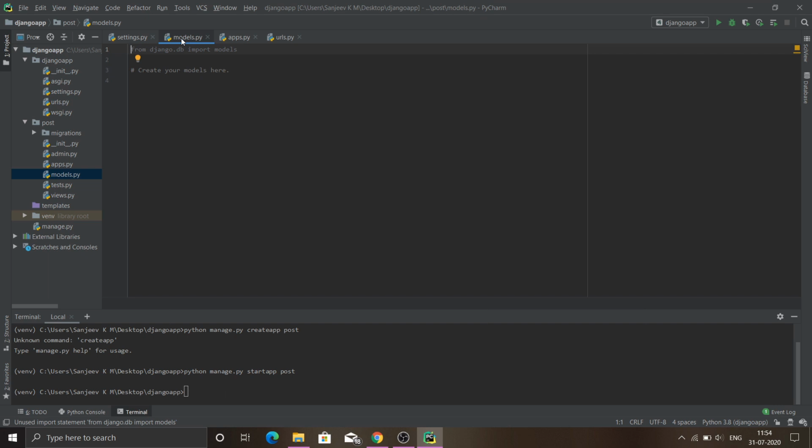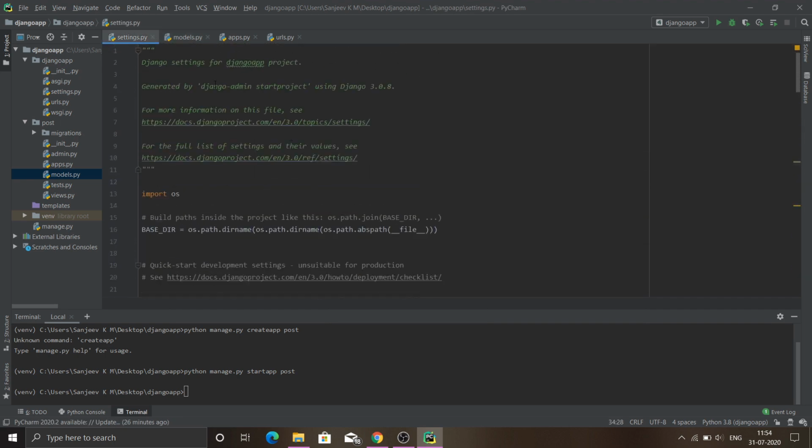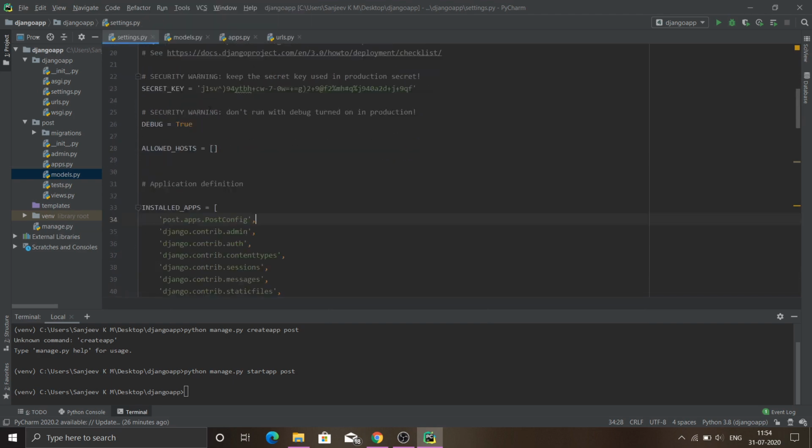But based on the database, our Python code is not going to change. Every query for every database, only one Python code. That's the cool functionality Django provides for us. And if you want to change any database in production mode, you could definitely go and check in this settings.py